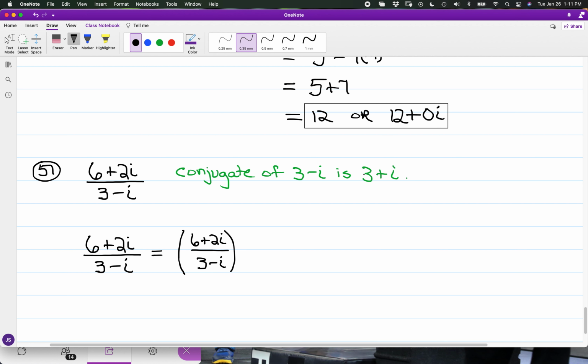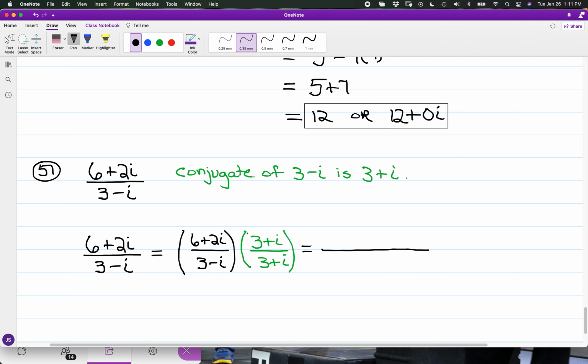If I multiply by 1 in the form of the conjugate divided by itself, we're going to have, with distributing, so if I FOIL out the top terms,